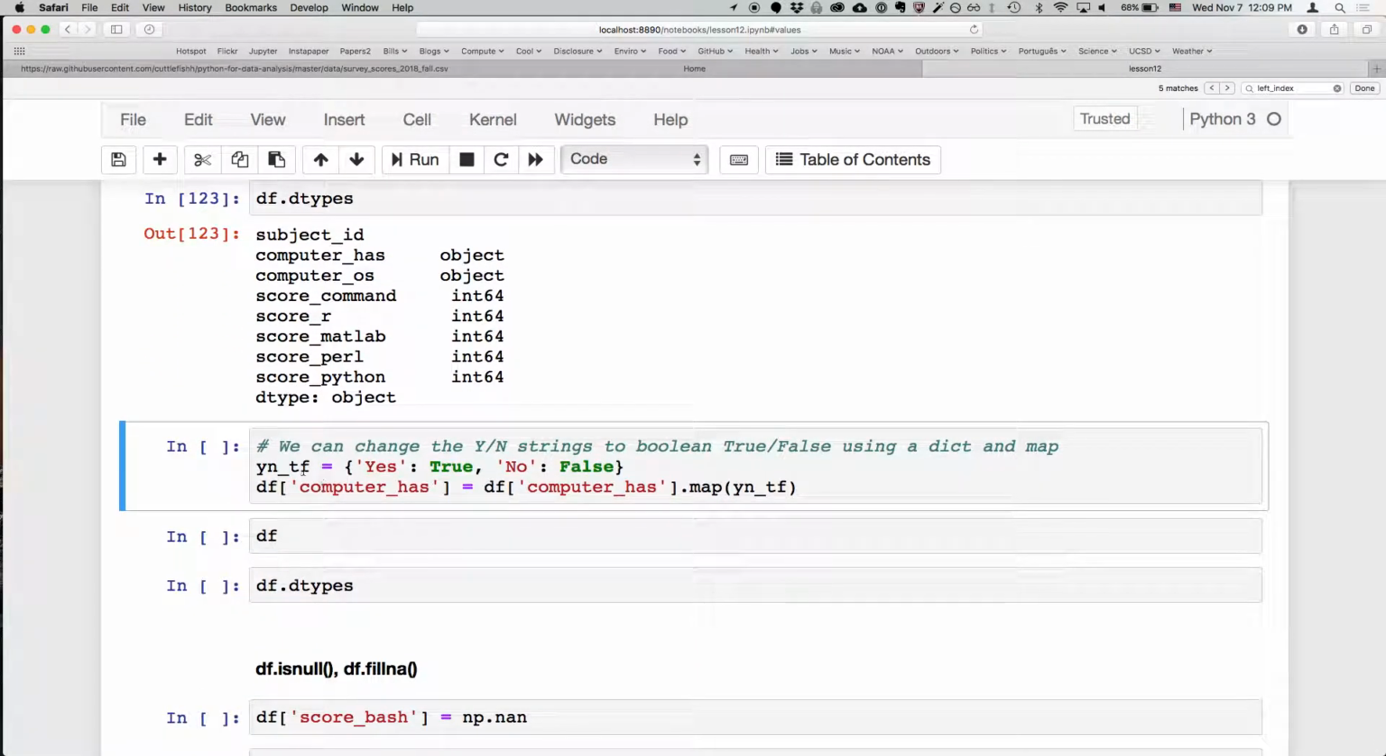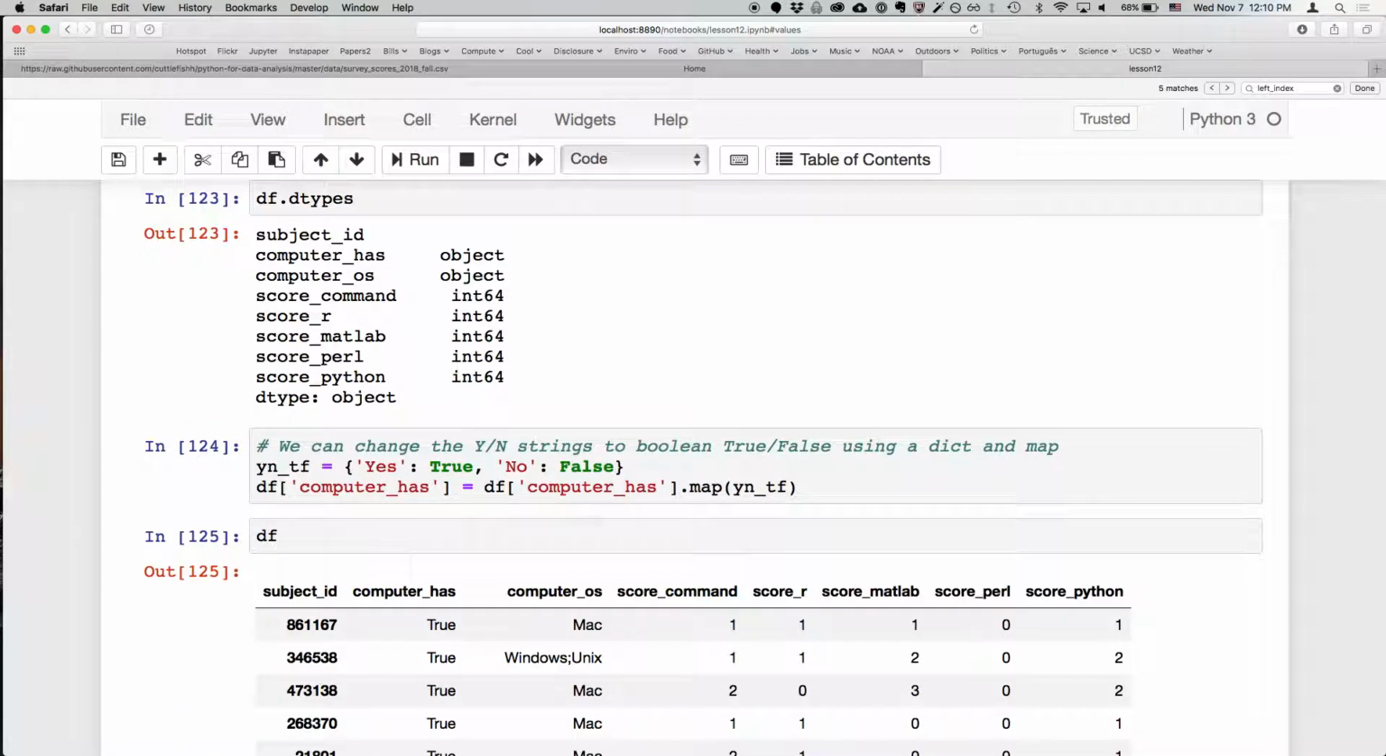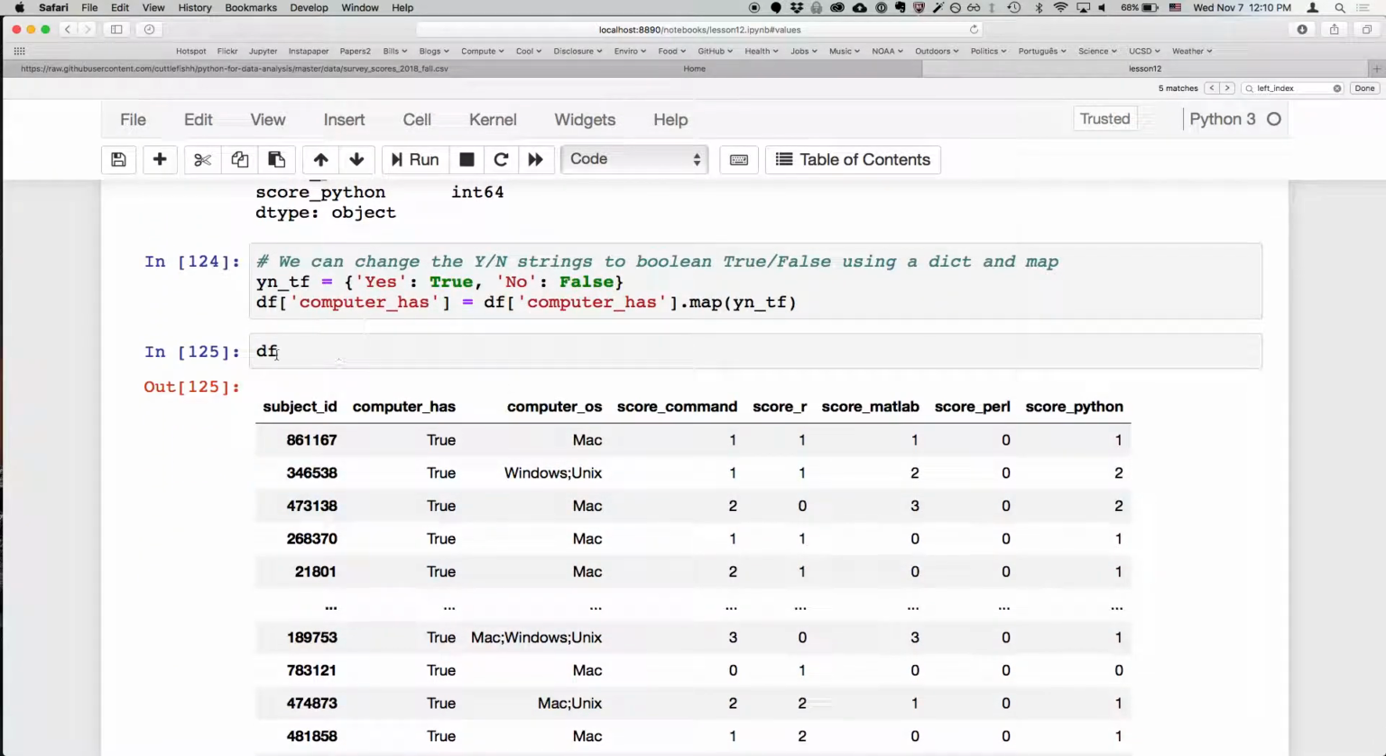But we can make a dictionary, which I'm going to call YNTF. So yes, no, true, false. Yes is going to map to True, and no is going to map to False. I'm going to change that column and then use this map method, which will map the value in the key to the value here. If we do that and then look at the data frame, we can see that we now have True where